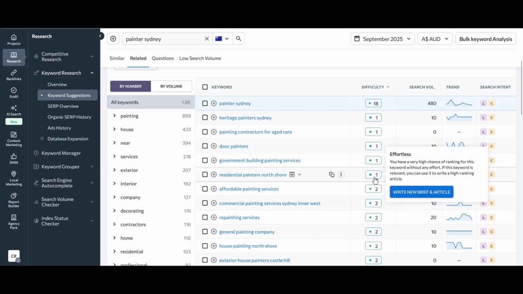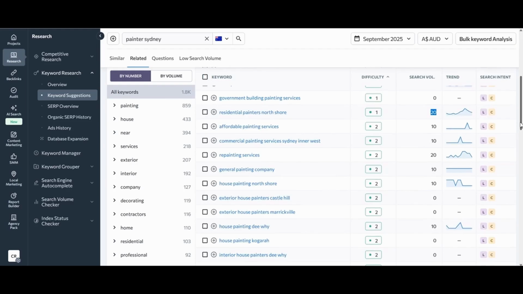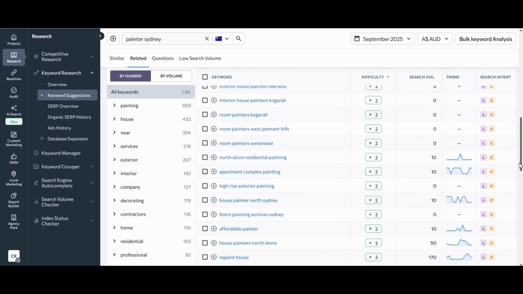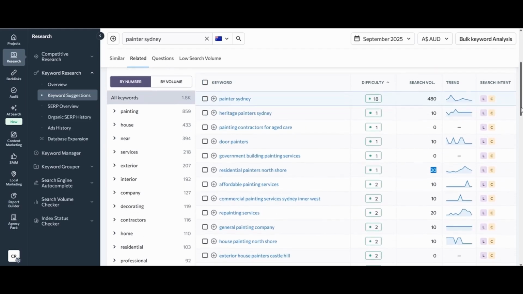It's telling me that to rank for this is almost effortless. Depending on your search tool, you can also see difficulty with the actual number of searches next to it if you'd like. With this, I would take a look initially at keywords that are quite effortless to rank for, but have at least 20, 30 plus searches per month, especially when we're looking for something like